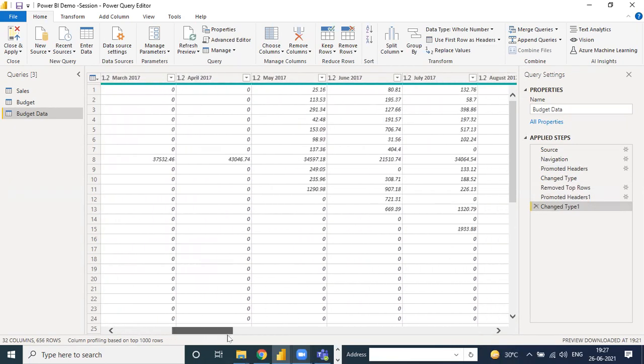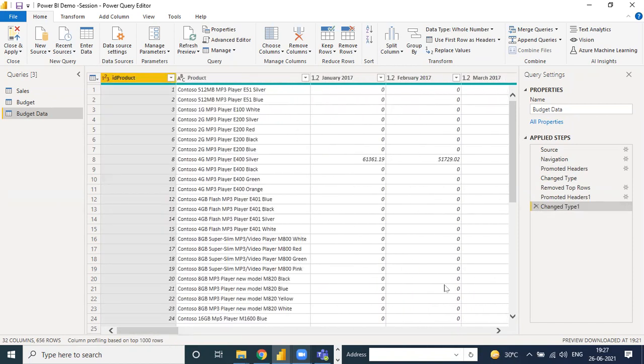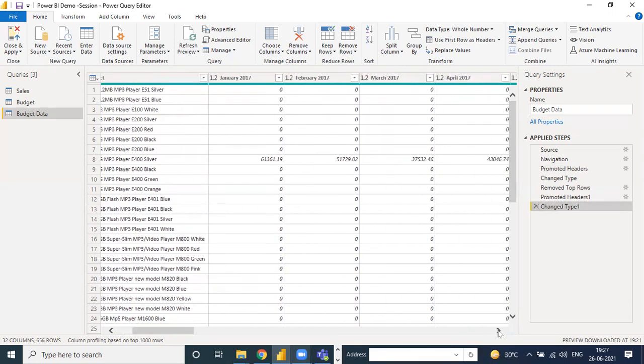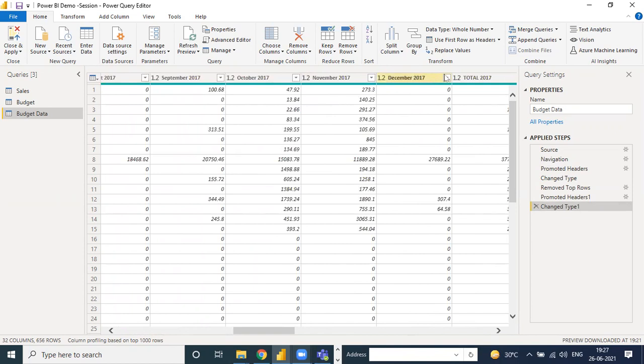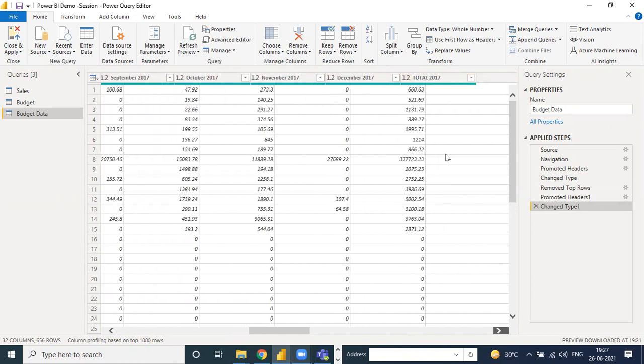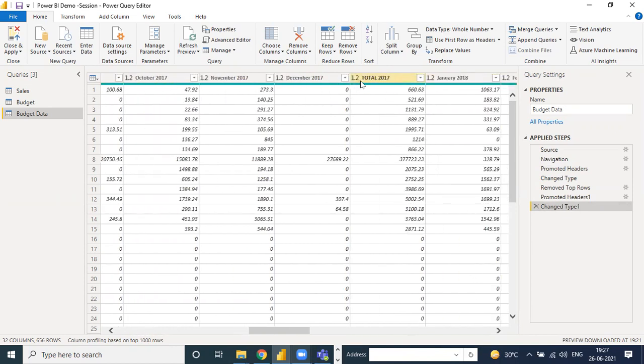Now we want to delete something, like I am showing you. It's Jan, Feb, March, April, May, June, July, August, December, and these are the totals. But in Power BI, the total is automatic, it's an implicit step in Power BI. So we don't need these kinds of totals in our Power Query, because in Power BI the sum of the month is already there automatically.